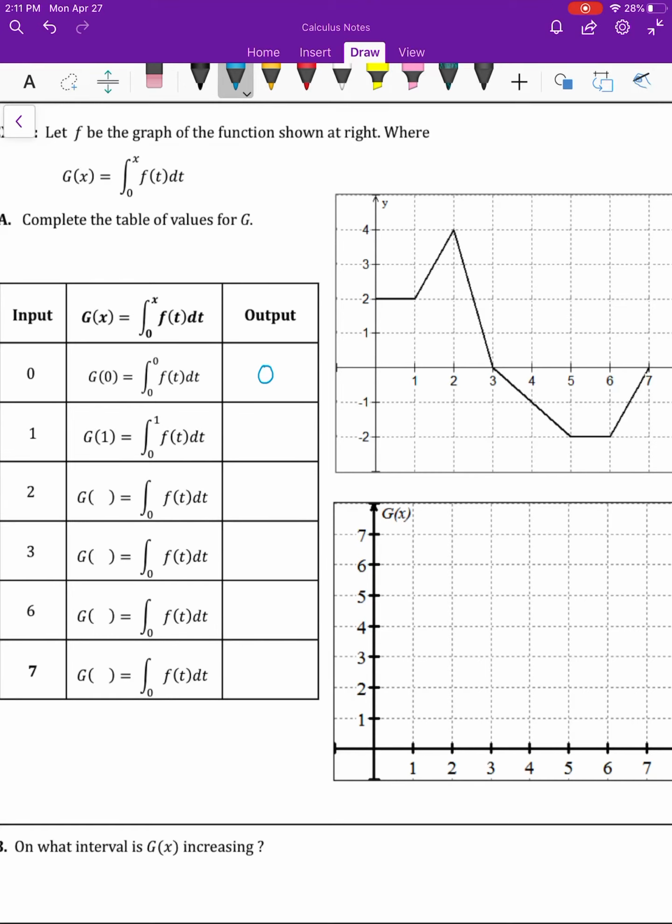But when I do g of 1, which means I'll put a 1 in for x, so I'm doing the integral from 0 to 1 of f of t dt, well then that's when I say, okay, here I just have this rectangle, and if I take 1 times 2, I get 2. It's above the x-axis, I get 2. So g of 2 is going to be the integral from 0 to 2. So now I'm going to add on